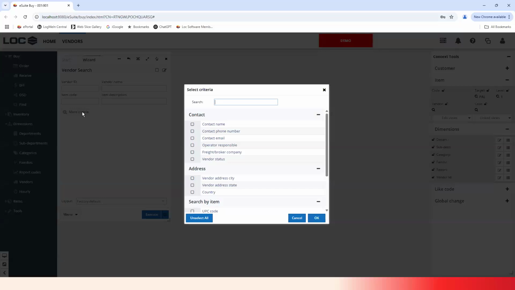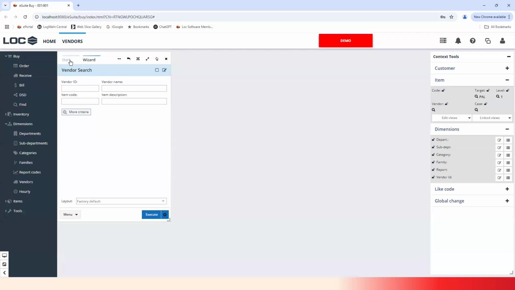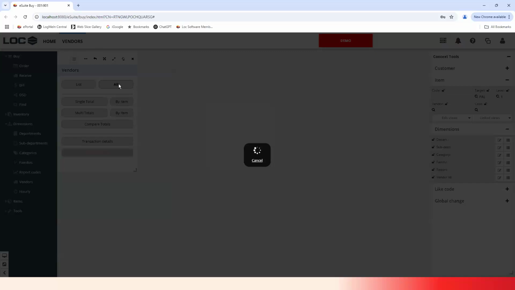There is some more search options available as well, so you can search by contact name, phone number, address, city, country, or you can search by any of like item criteria, so sub-department, category, family code, UPC code. So you can really be very flexible. If you're looking for a specific vendor and you can't remember which one it is, you can stack that criteria. And then if you just click on all from this, instead of getting the search options, you'll just get all